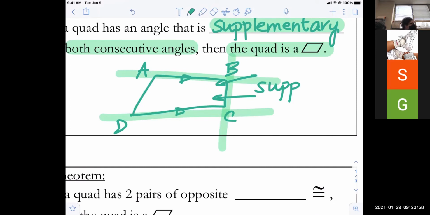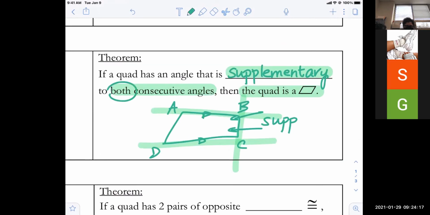Do you know a quadrilateral that has only one pair of parallel sides? Yes, you do. I promise you do. What is a quadrilateral that has one pair of parallel sides and one pair that's not parallel? Yes, a trapezoid. Thanks, Diamond. So you have to make sure that it's both consecutive angles, okay, because